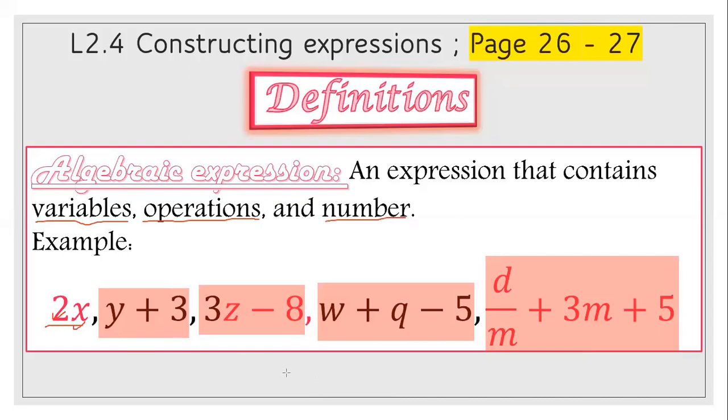When I have something unknown, we used to put a box or a circle or a triangle, and I kept asking you, what's inside this square or what's inside this box? But right now, we're going to replace the box with what? With a letter. This is how we're going to construct expressions. Now, before I start with the examples,